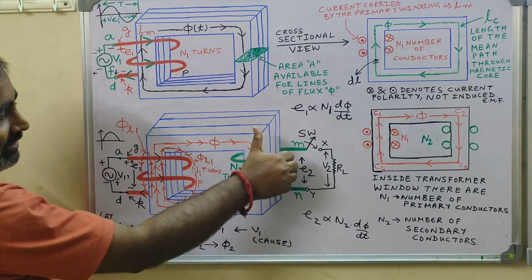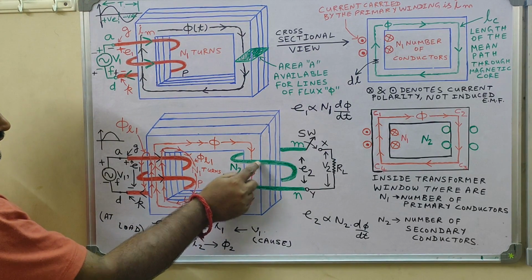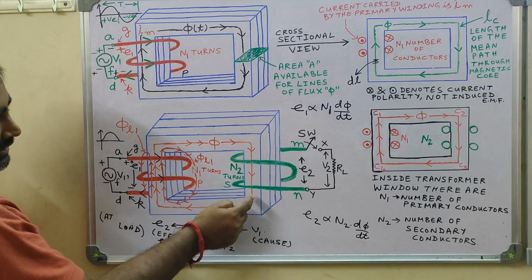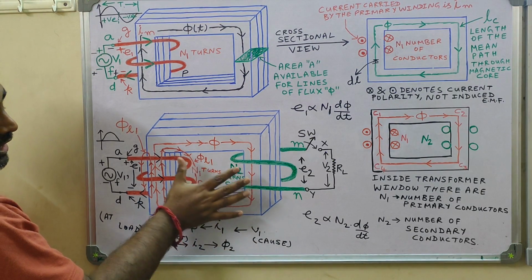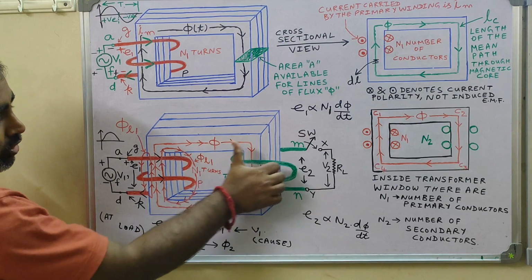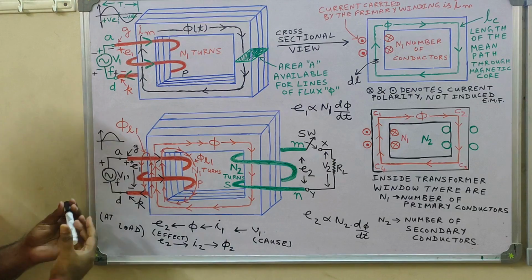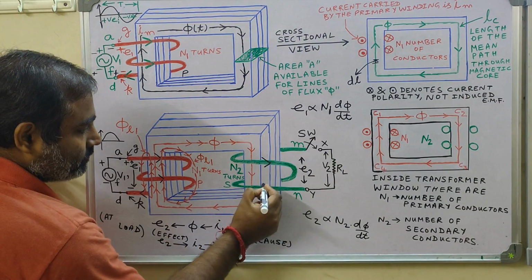That is what is demanded by Lenz's law. Lenz's law says that the current through the secondary coil should establish a flux which should be upwards in this limb, because the mutual flux is downwards in this limb. So the current in the secondary coil should establish a flux which will be upwards. Going by this, we can put up the direction of the current through the secondary coil in this way.